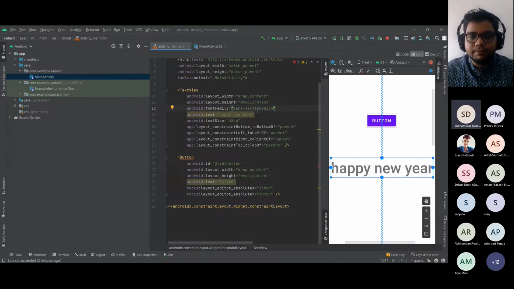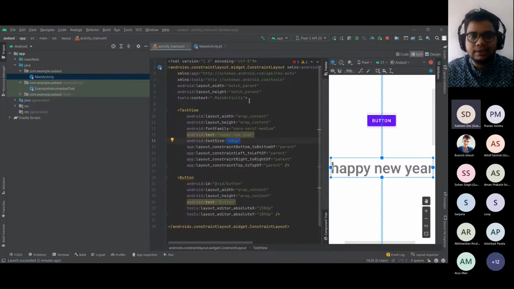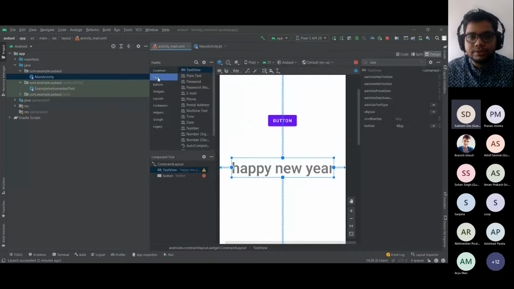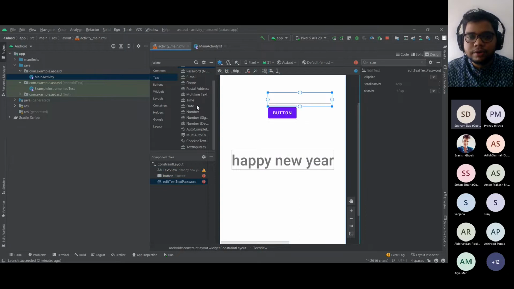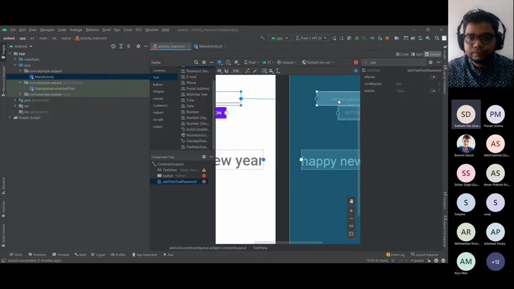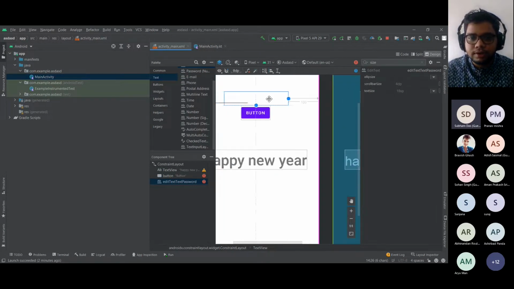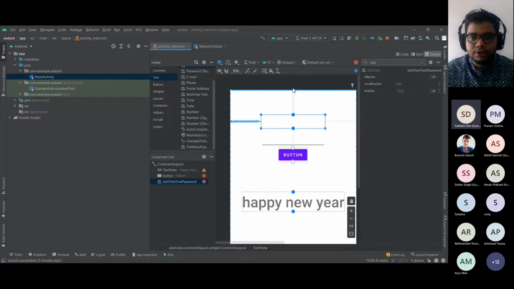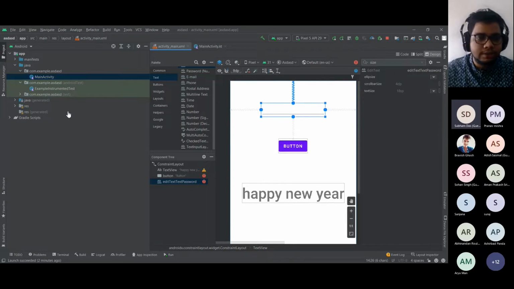So for example, a font family, it is saying that sans serif medium, means it is saying that the font should be this particular one. And text size, similarly, it is showing that it should be 48 SP. Now, this is basically how you can write the layout or design the layout with simple drag and drop features. There are a lot of views available that you can just drag and drop, and you have to add constraints to it to showcase where it actually belongs. And it's actually very easy. I would suggest you to experiment with it and discover a lot of stuff as you actually work on projects.